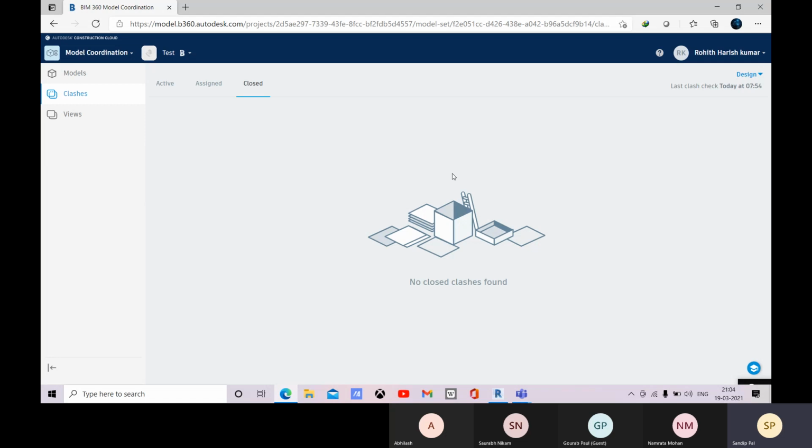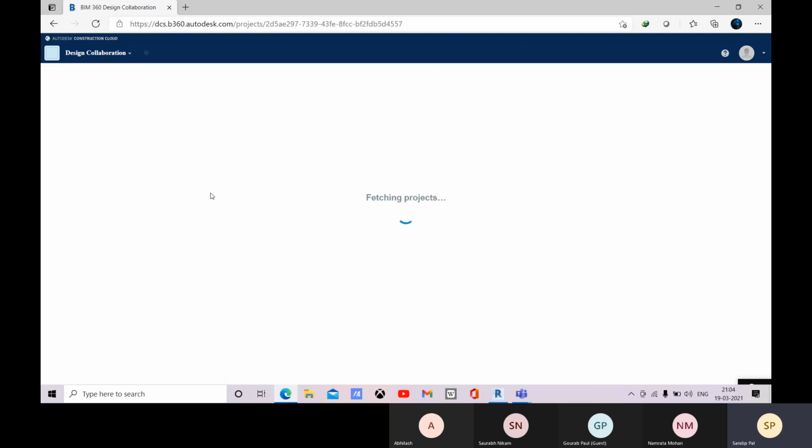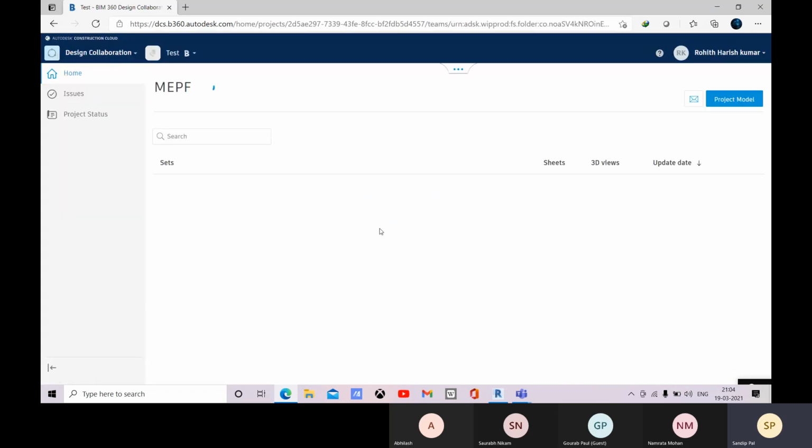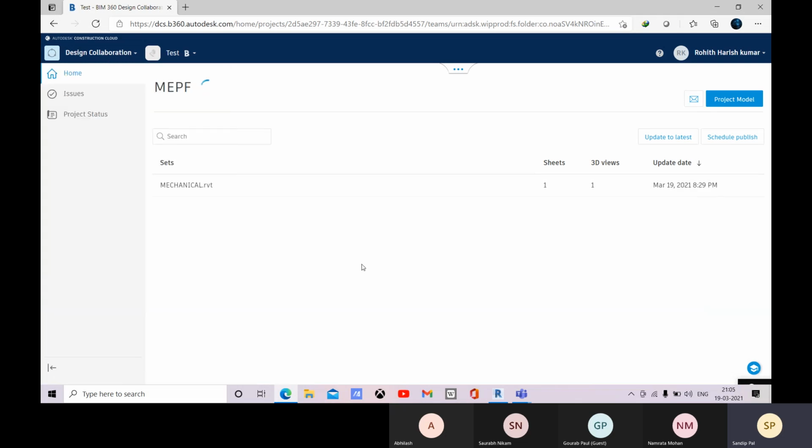Okay, and this is how you will be solving your clashes or checking all your clashes within models. All right, so this is about your design collaboration, collaborating all the Revit models within your team members, and checking all your clashes within this model coordination option.